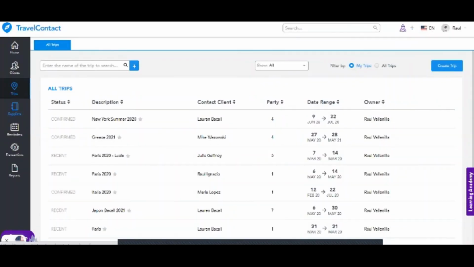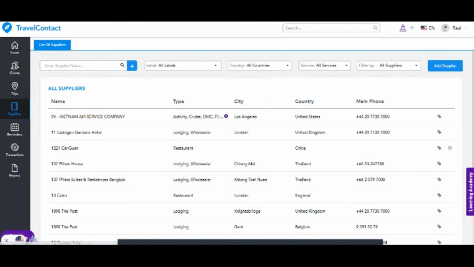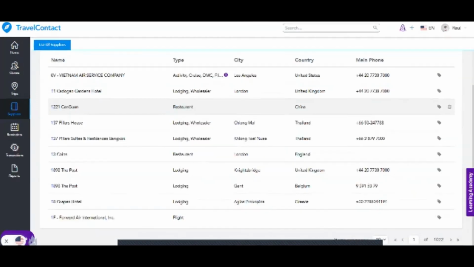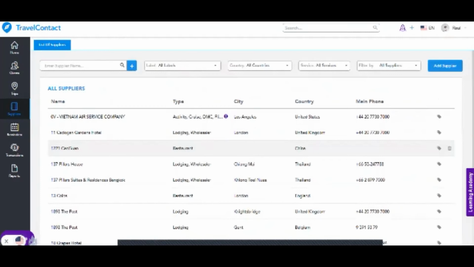So now let's go to the supplier module so we can see how to add a new supplier. In the supplier module, you'll see that we have kind of the same build as the client module, in the sense that we have the complete list of your suppliers. You can search for suppliers,